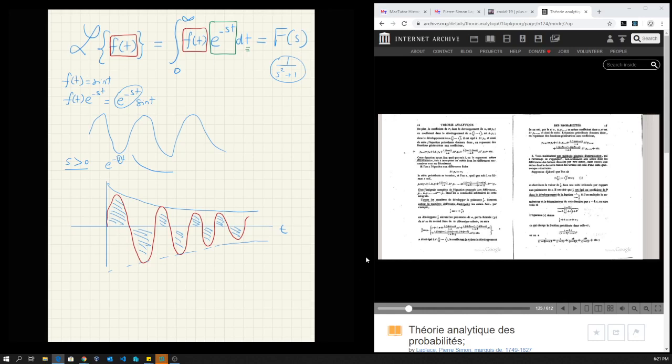Okay, so that's a kind of picture view of things. But here's another way to convince you why the answer should be a function of s. The reason the answer is a function of s is because the integration here is done with respect to t. So imagine integrating this. It doesn't matter how ugly the integral is going to be. You're going to end up with some function of t